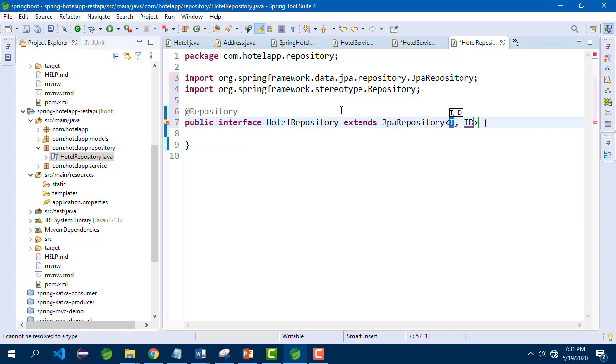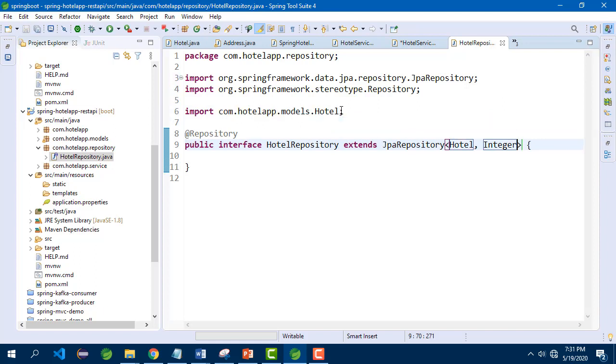Here T is the entity class which is Hotel and ID represents the data type of the primary key which is Integer. In this repository we need to add derived queries and methods annotated with @Query. We will first finish the CRUD operation and then come back for the derived queries part.